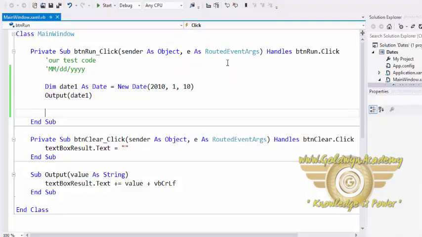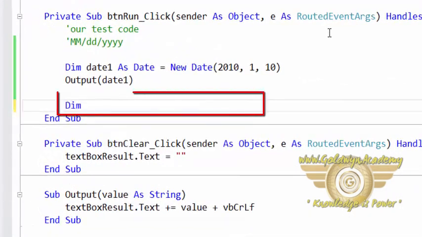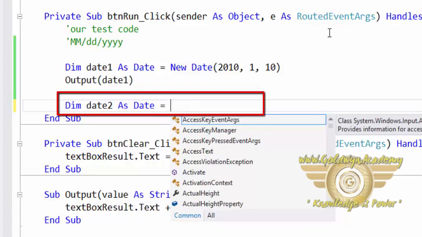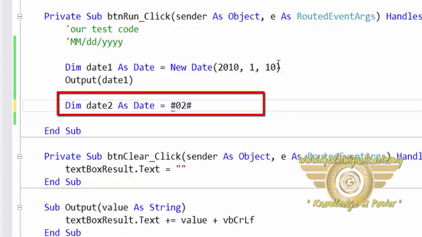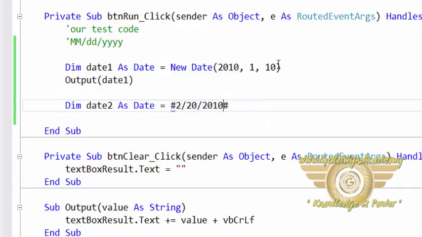In our earlier data types, we have seen literals. Well, we also can declare a date and assign a literal value to that date. Let's go ahead and create date2 as date, and to do that we will use this hash notation. So whatever date we write in between these hash will be the literal value of that date. Let's say 02 for February 20, 2010. We are saving it